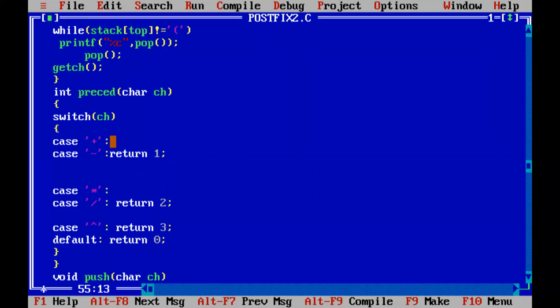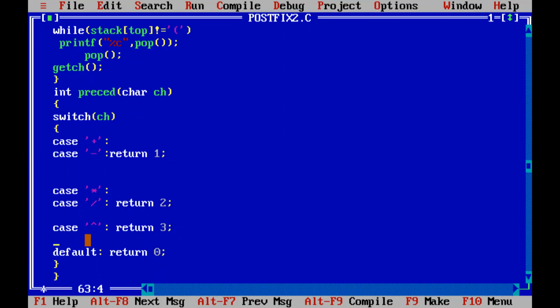If I had given a break over here, what will happen? Break means it will not execute anything. It will just revert back to the place where we call the function. Understood? If I am not mentioning a break here, instead of break, I am returning the value. If I want to give return 4, it will be returning. Otherwise, if I am not mentioning any statement over here, it will continue its execution to the next case until it finds a break or a return. So this will be the cases when we give the 3 levels of operators.